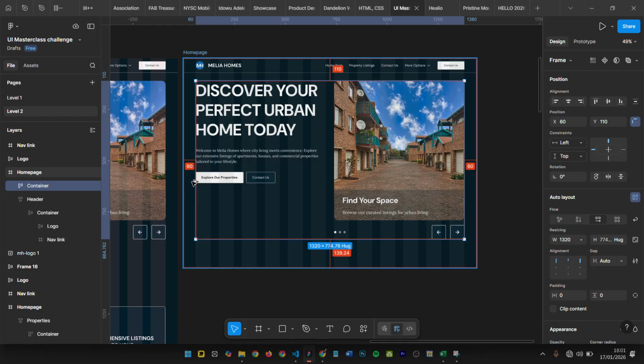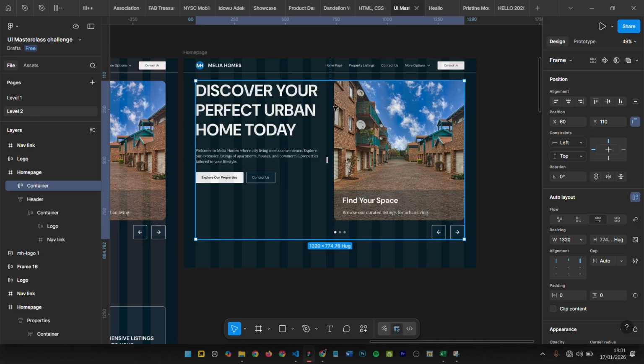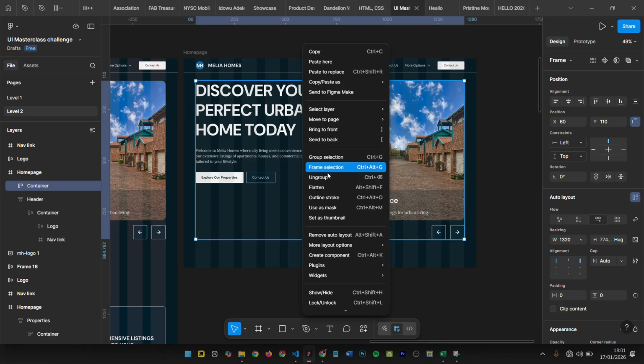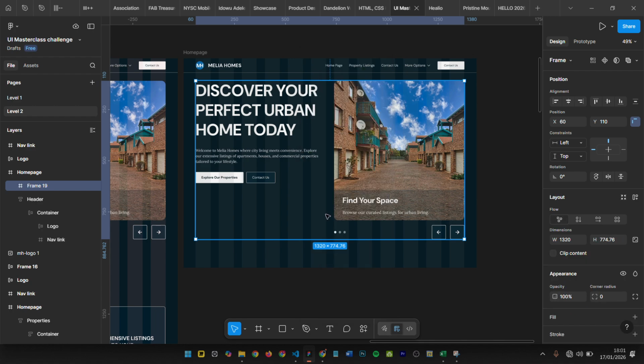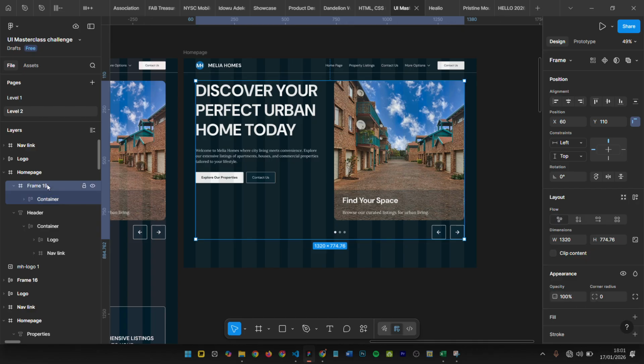So Control, Alt, and G like this. So you can right click. I've undone that, and then you go to frame selection. That's Control Alt and G, right? Like this. And the same way, the frame is equal to the frame of the children, which is container. That's not what we want, right? So select this frame, the main frame. But let me rename it first. That's the Euro, and then